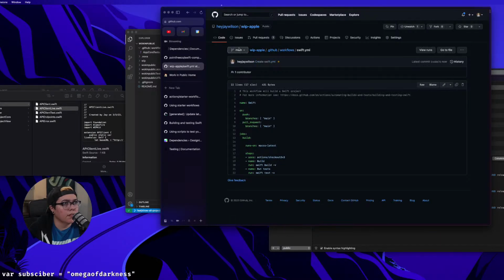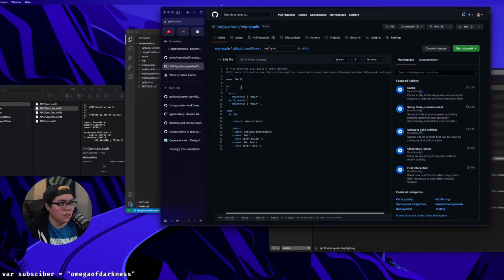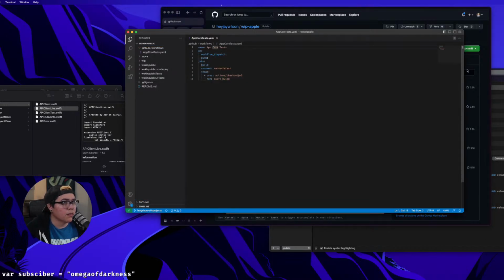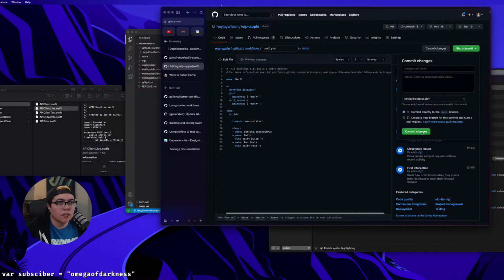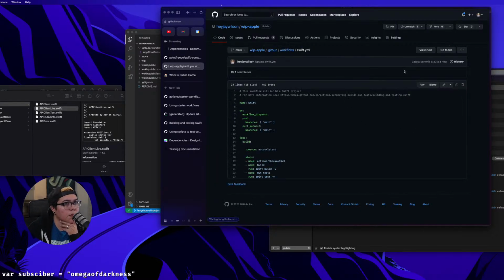Now, we also want to dispatch though. Workflow dispatch, right? That's what it's supposed to be called? Yeah. Commit changes. Cool. So now if we go to actions,